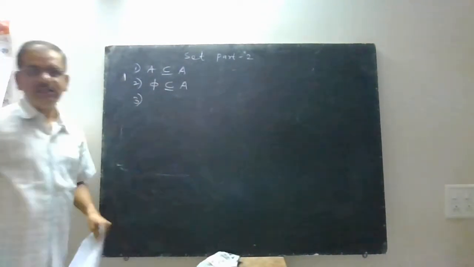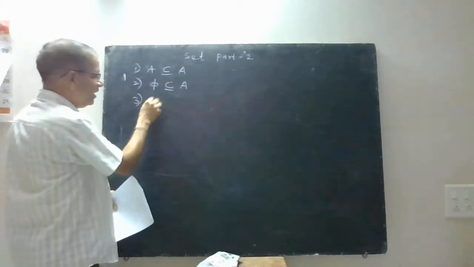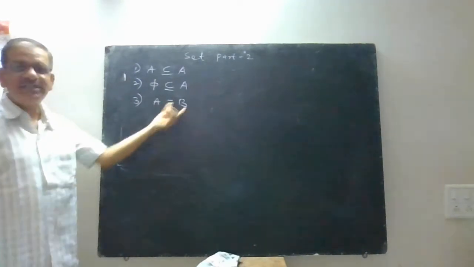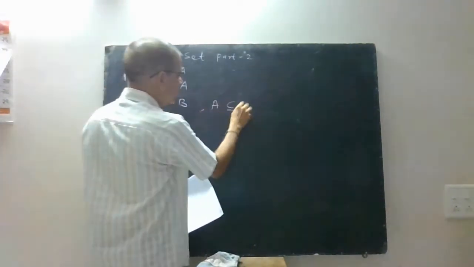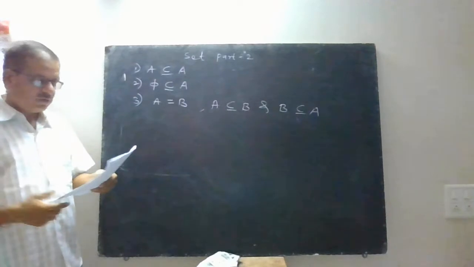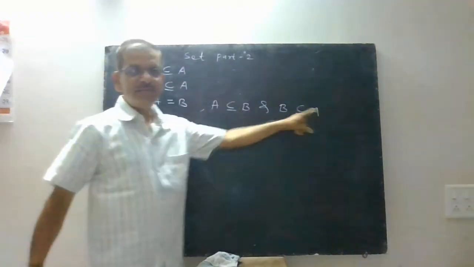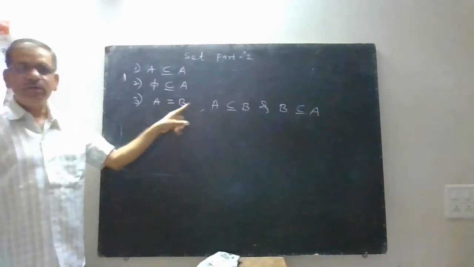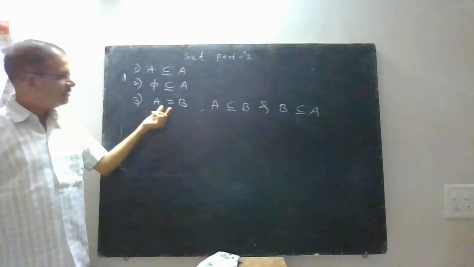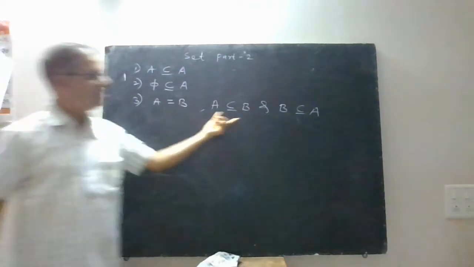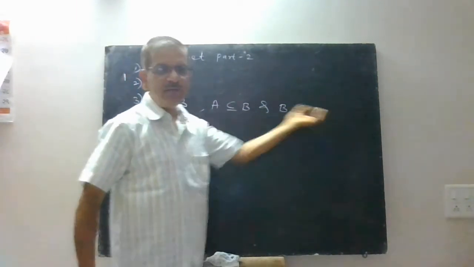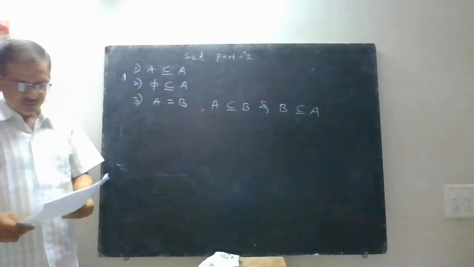And thirdly, a very important thing that we have already seen, when A is equal to B, when two sets are equal, obviously A is a subset of B and B is a subset of A. So in other words, you can say if A is a subset of B and B is a subset of A, then we can say A is equal to B. Sometimes elements of A and B are not exactly known. At that time, if you want to show A and B are equal sets, this is a very nice thing that you can prove, that when A is a subset of B as well as B is a subset of A, you can say that A and B are two equal sets.